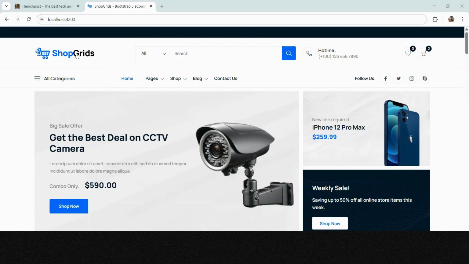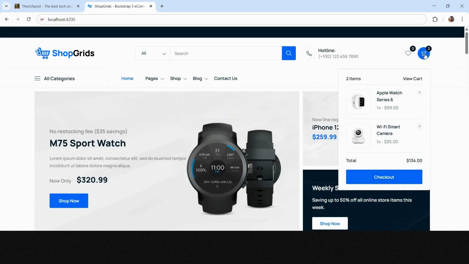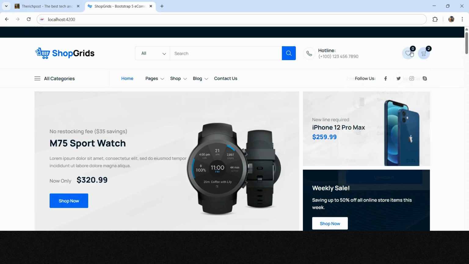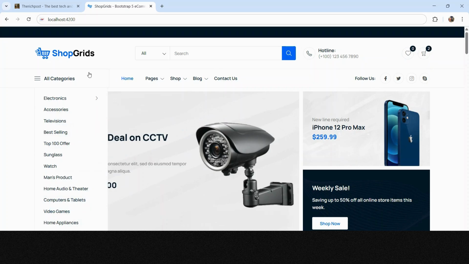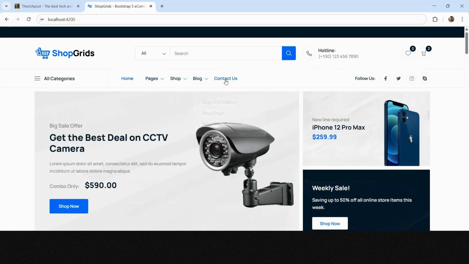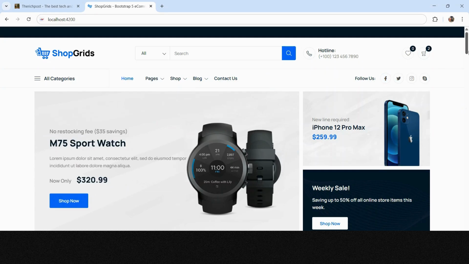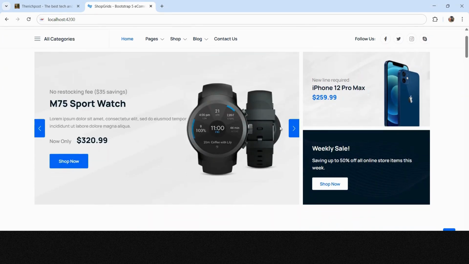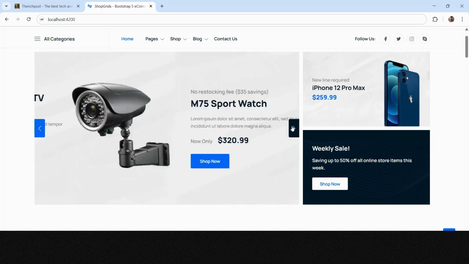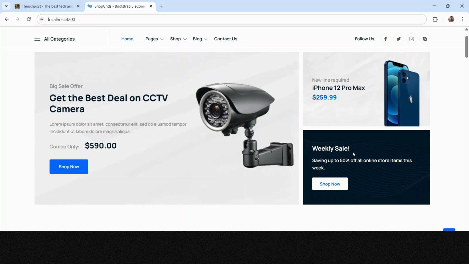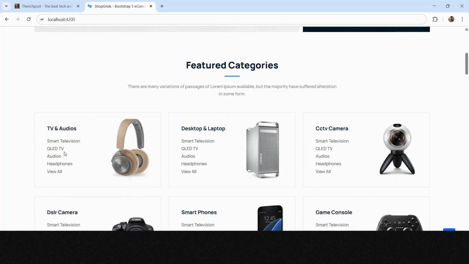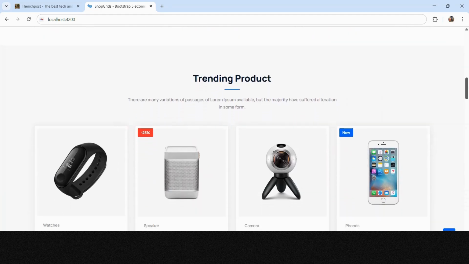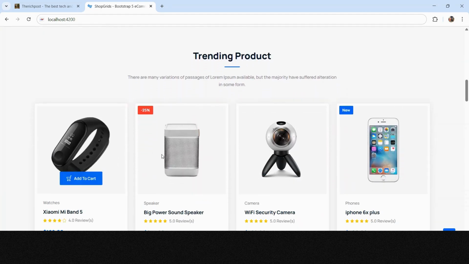So we see the beautiful top section, beautiful mini cart and the beautiful nav section, see guys, and the main section, see, and the others. Full category section, see guys, categories as well, trending products, see the hover effect,